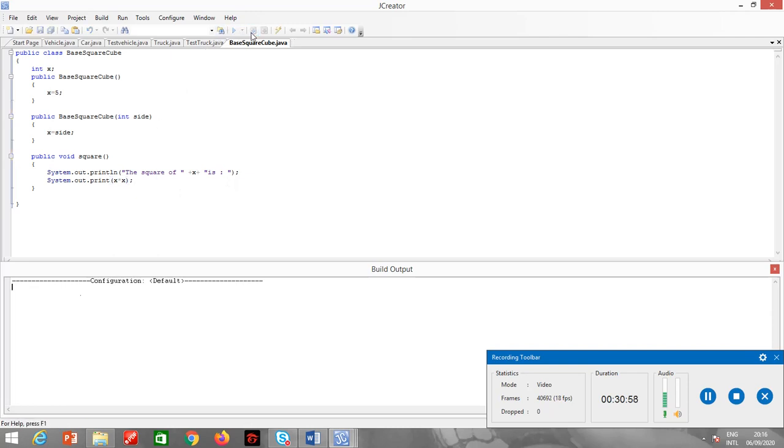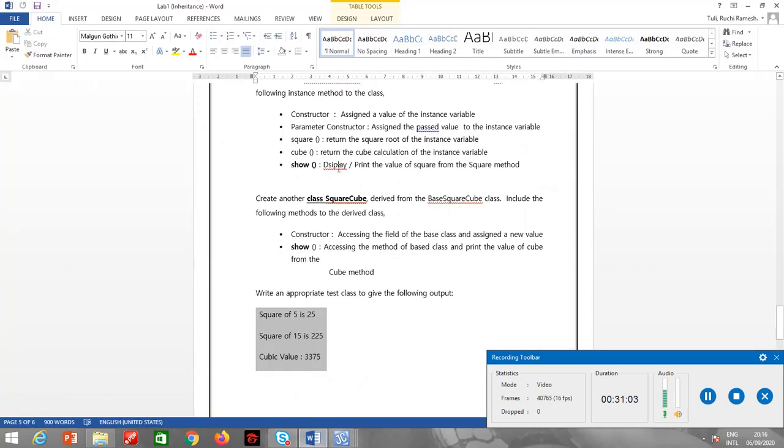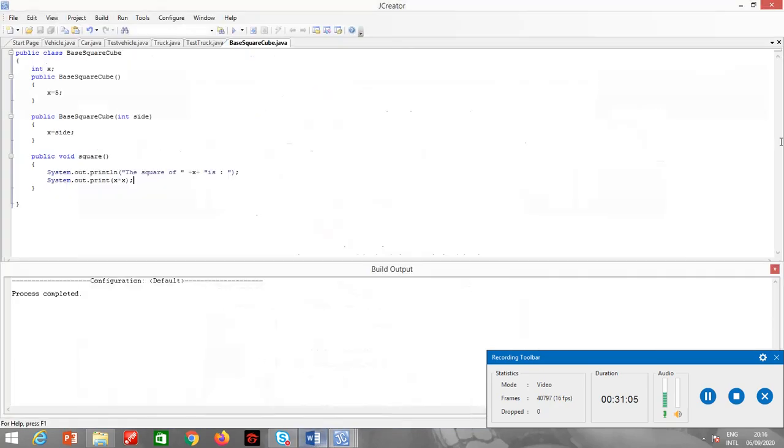This will calculate the square of the number. Same thing, I must have a cube calculation also. Public void cube, so let me just write it, same thing, the cube of x is x into x into x, right?